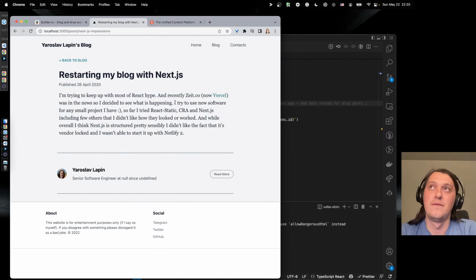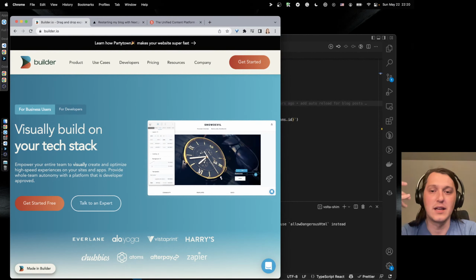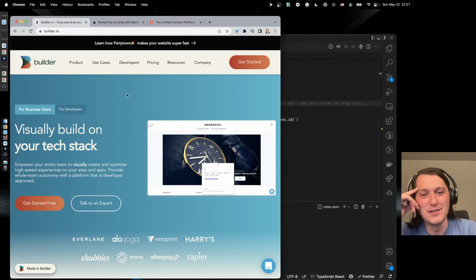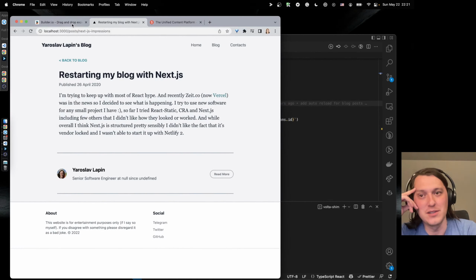Next.js has a way to integrate. I guess Builder has all the platforms that they support, so they support both Next.js and Astro, as far as I know. So yeah, we will see what we can start with.